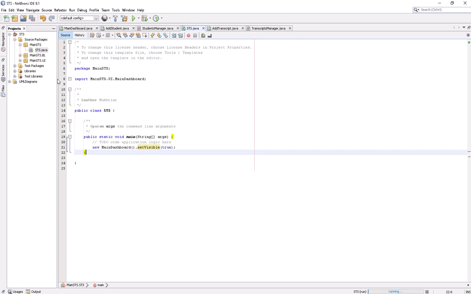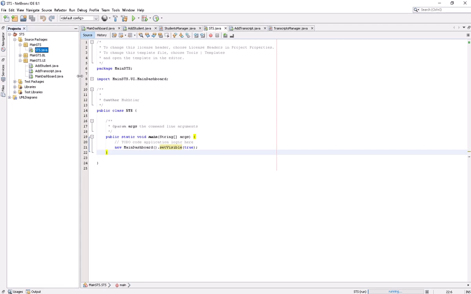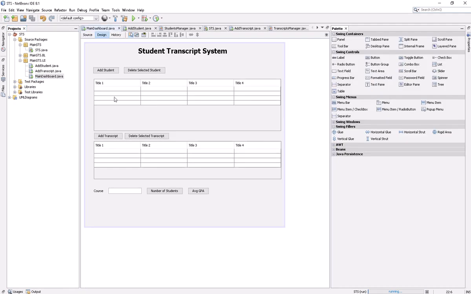To follow the model-view separation principle, I have created a separate package for the business logic, BL, and a separate package for the user interface. So I am separating my view from my model. First I designed the user interfaces. This was my first interface, which we will be calling from this main method.